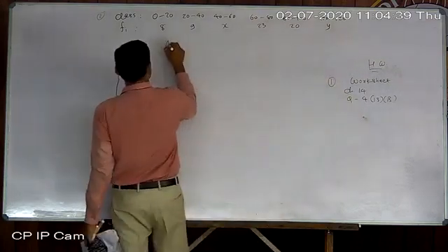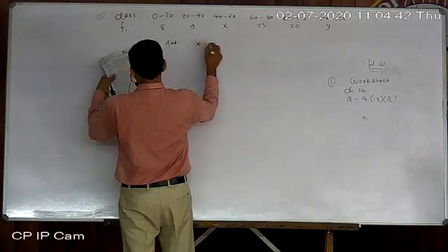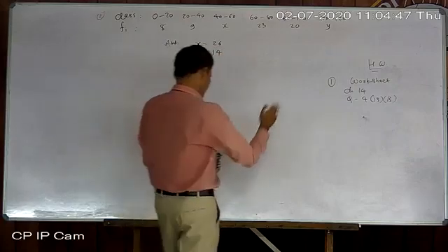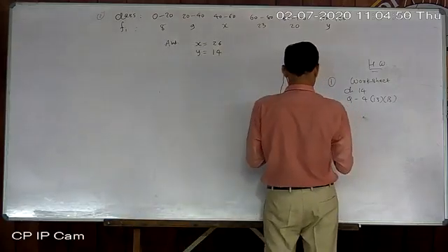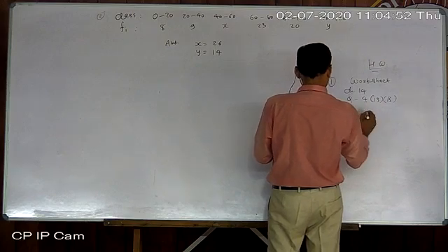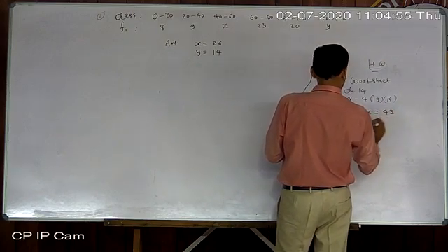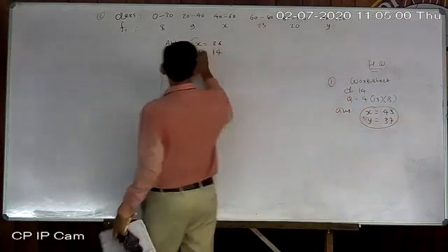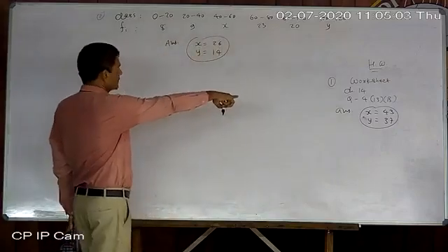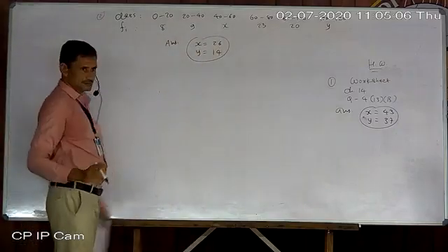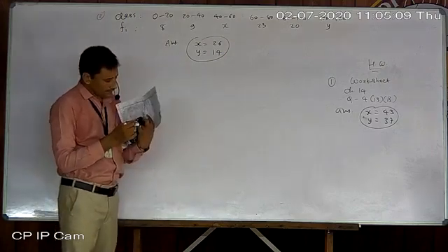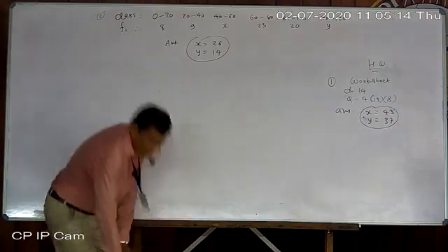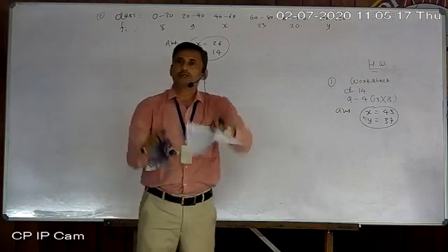Okay, answer. Now the answer of this one will be X equal to 26 and Y equal to 40. Okay, and the answer of this one, X equal to 43 and Y equal to 37. Okay, so these are the answers. Now just write it down, number also, answer also, your question as well as answer, so that you can verify whether your sum is right or wrong. Okay, if you get the answer in fraction, then be alert, somewhere you committed a mistake.